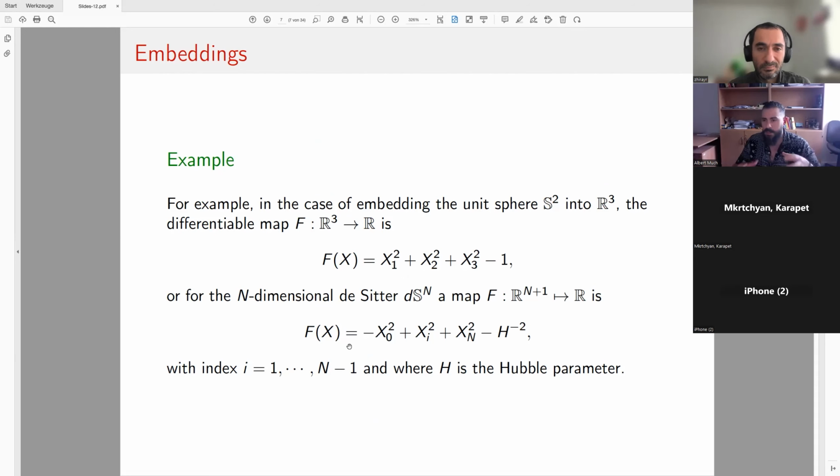So you see, this f is basically a concrete function. It's a differentiable map that tells you how to relate the higher dimensional Minkowski or Euclidean space with your manifold. Your manifold will always be described as a submanifold of this higher dimensional flat spacetime. This helps you calculation-wise, and this is why it is so important.